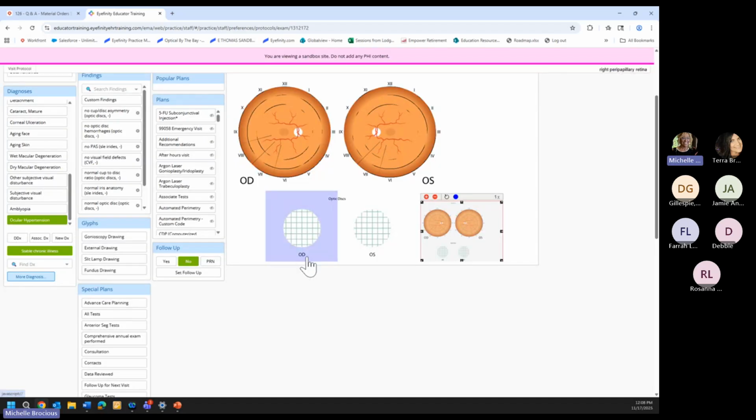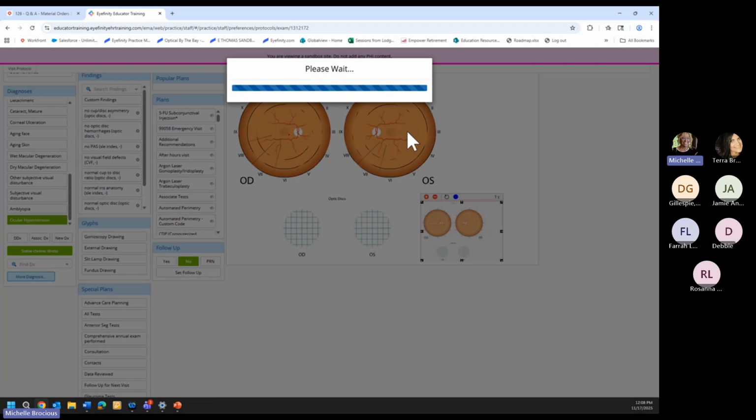Now, when you're creating these protocols, what you don't want to do is select highly variable elements like specific measurements. So I'm not going to put any findings in here because the idea behind the protocols is to record only common diagnoses and plans for that specific type of exam. Okay, so you will record the specifics of the findings when you're actually in your protocol on a per patient basis. Okay, so I am going to indicate OU by tapping the eyes,